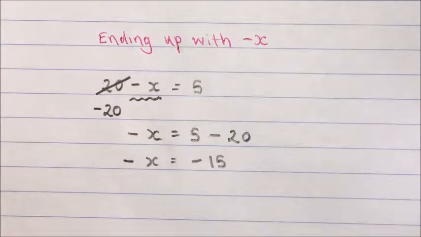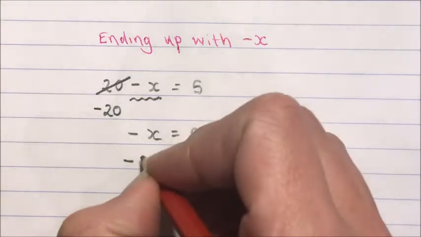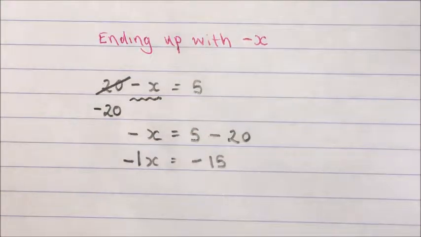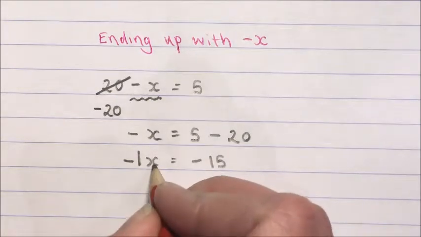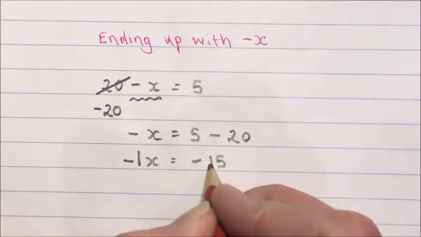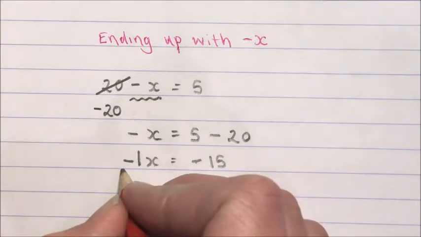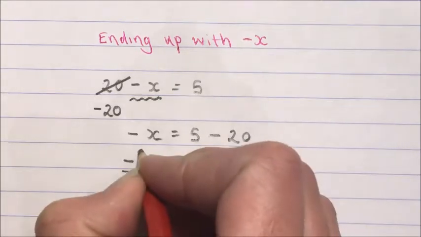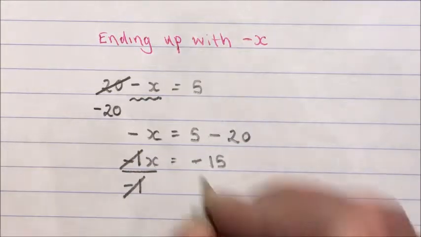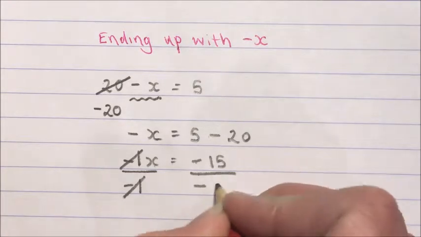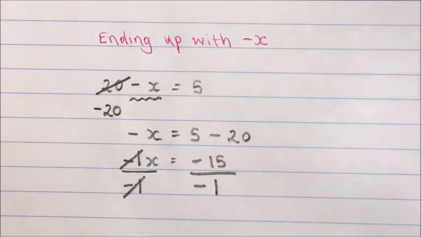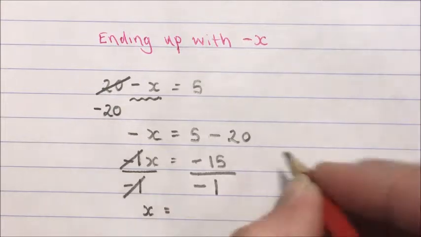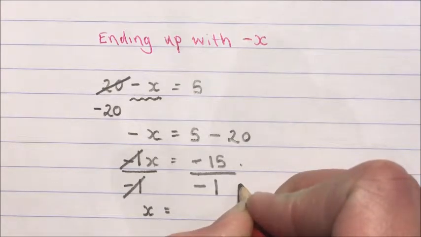So I've ended up with negative x as my answer. How do I turn it into regular positive x? I remember that there's an invisible 1 here. That actually means negative 1 times x equals negative 15. So, just like I did with multiplication and division, I'm going to divide this side by negative 1 to get rid of that. And because I divided that side by negative 1, I'm going to divide this side by negative 1. So x ends up equaling negative 15 divided by negative 1 equals